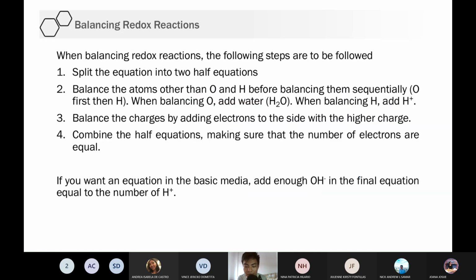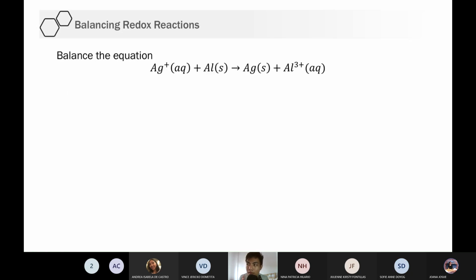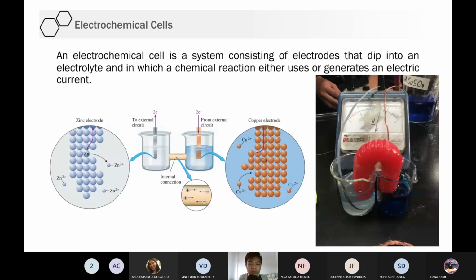And ito yon. But I will discuss this next meeting because ako ay nagugutom na rin. Alam ko kayo ay gutom na rin. Okay? So we have plenty of time pa naman. So for next meeting, we will continue with the balancing of the redox reaction. You can actually start with this now. Okay? Pwede na kayo mag-start niyan. Okay? And then we'll continue with electrochemical cells.